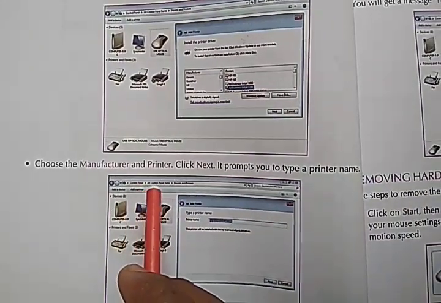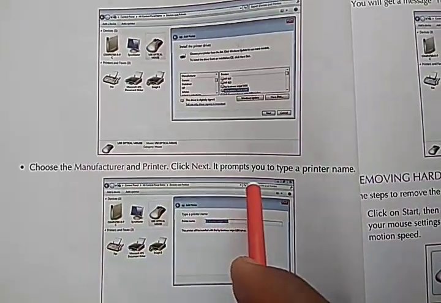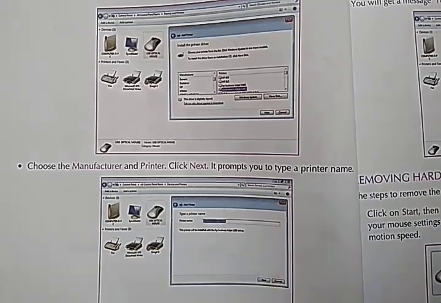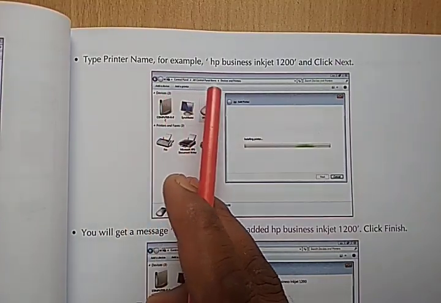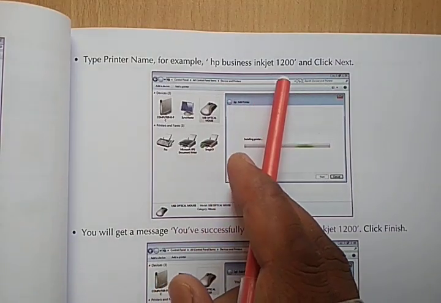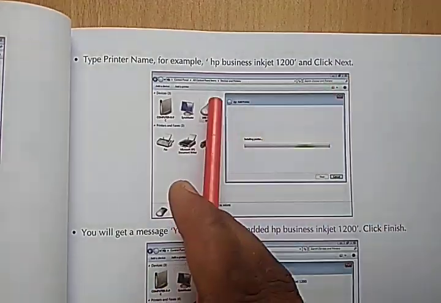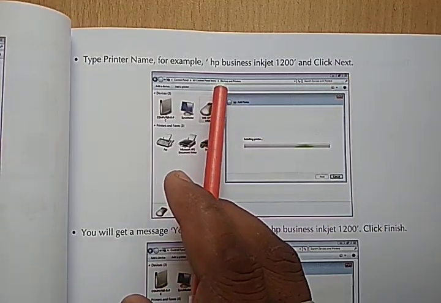Choose the manufacturer and printer. Click Next. It prompts you to type a printer name. Then type the printer name, for example HP Business Inkjet 1200, and click Next. If your printer name is this, then after that, OK.